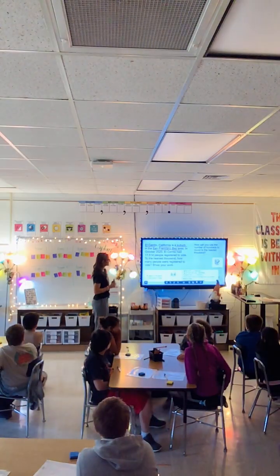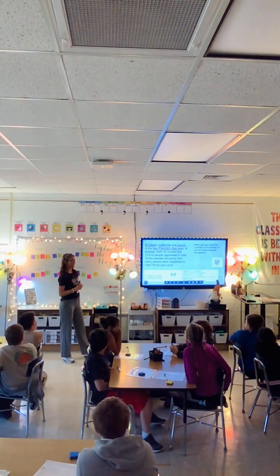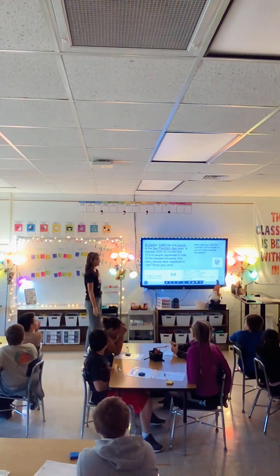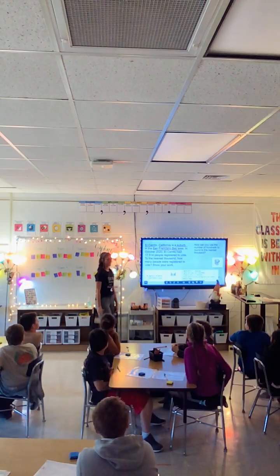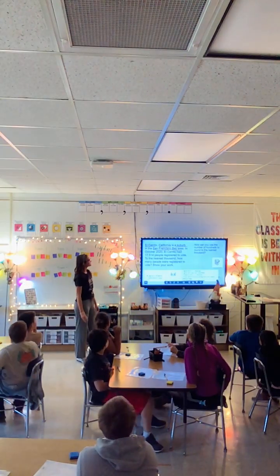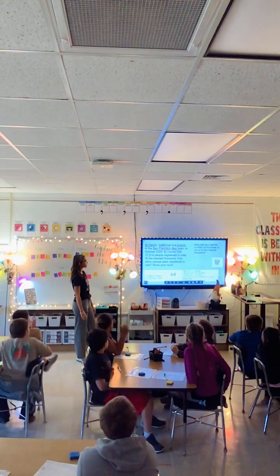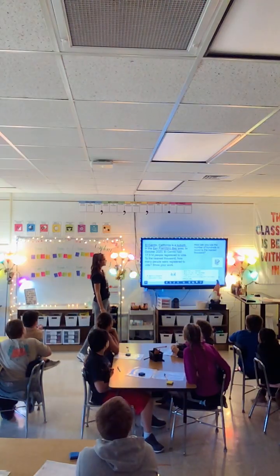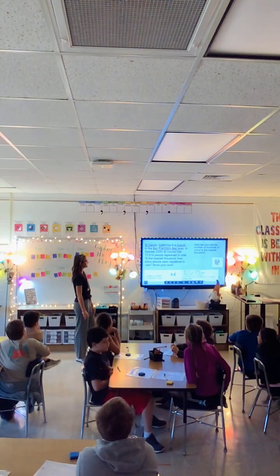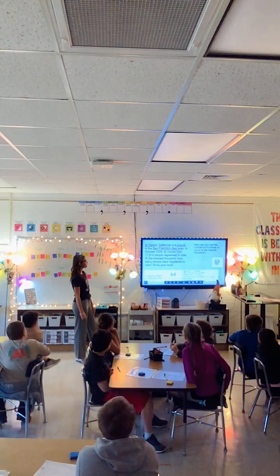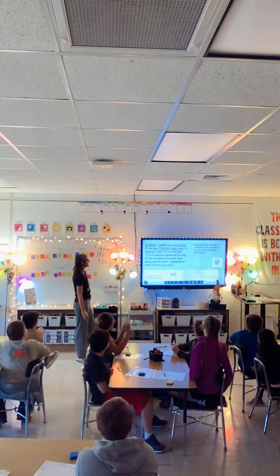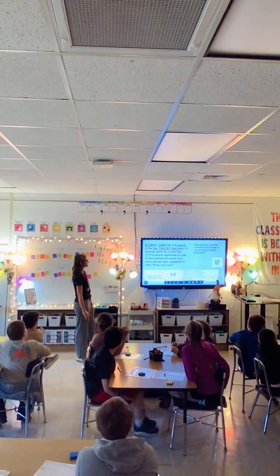Alright. So now that we have visualized our question, we're going to read it a second time, but this time we are going to try to figure out what the question is asking and what information we need to solve the question. So we'll read it again as a class. El Cerrito, California is a suburb in the San Francisco Bay Area. In October 2020, El Cerrito had 17,514 people registered to vote. To the nearest thousand, how many people were registered to vote?